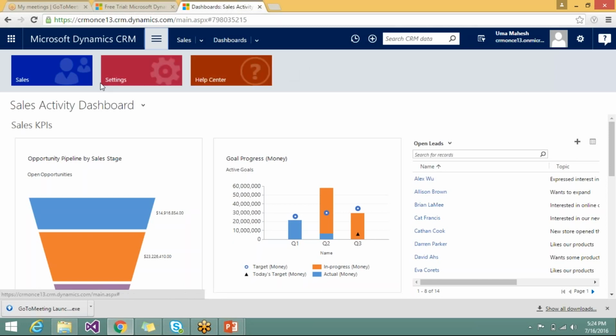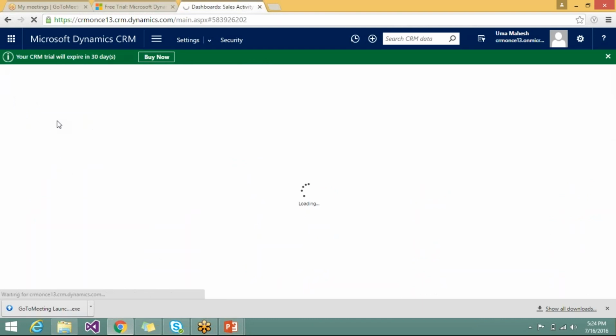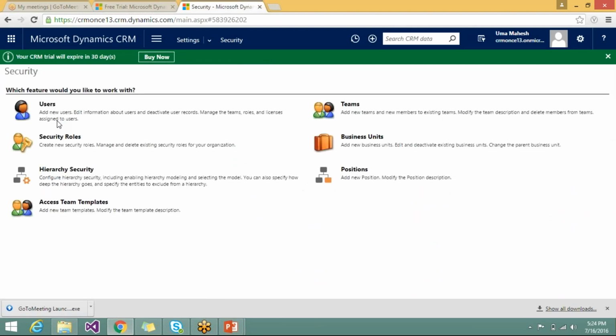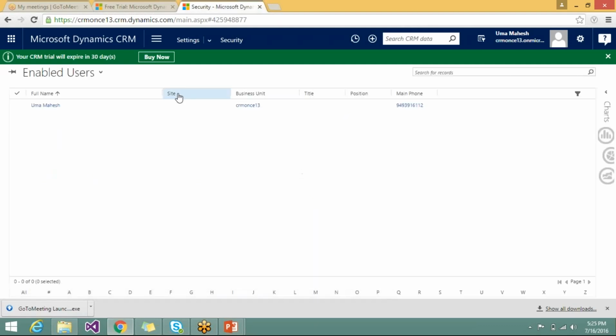To provide admin privileges to that user, we have to go to Settings and click on Security. In Security we go to Users.